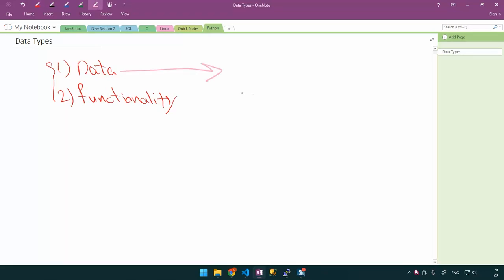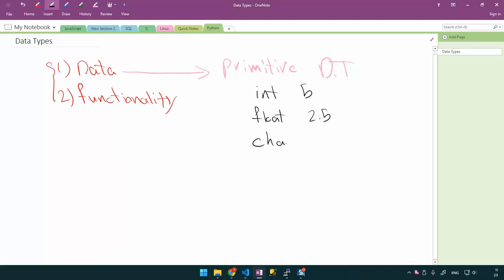Now, why is it important? Your computer hardware or your hardware architecture understand some of the basic data types. We call them primitive data types. So primitive data types like, say, an integer like 5, a float like 2.5, a character like 'A' or 'Z'.